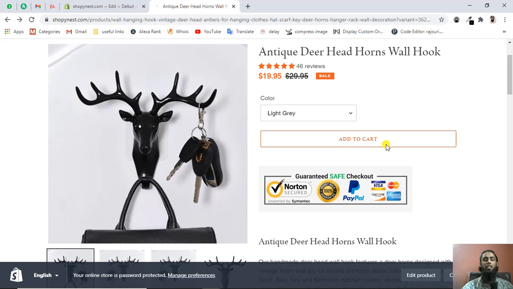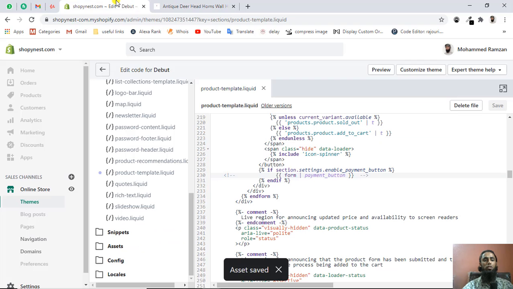The disadvantage is that we had the more payment options link below the PayPal button, so that also disappeared. If you do not need that link either, then that is okay for you. Otherwise you have to use the first way of removing that button which I have already explained.